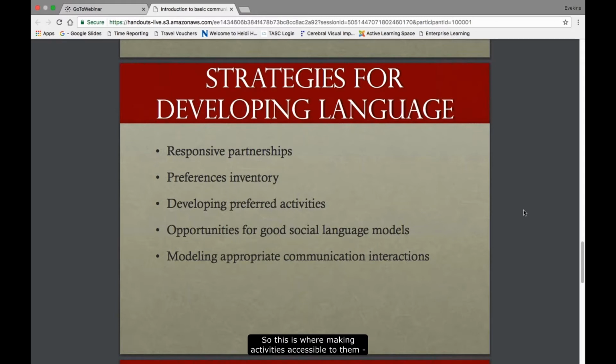So this is where making activities accessible to them. When people start talking about putting in choices and options and using some of those object cues, the real object cues. So if your child likes to play peekaboo, for example, using a blanket, then you would have a whole object of a blanket. And so when you show the blanket, maybe the child grabs the blanket and covers their face. So it tells you that they know what peekaboo is. That's starting to do some of that anticipation, which is important when we're talking about communication development too. Anticipation is where you know that they know what's going to come next.